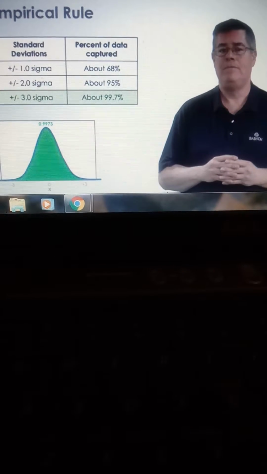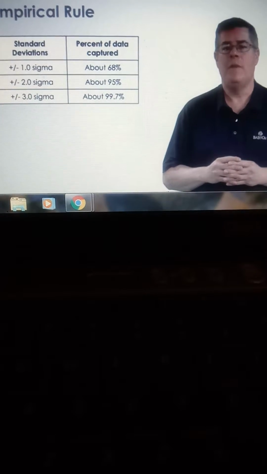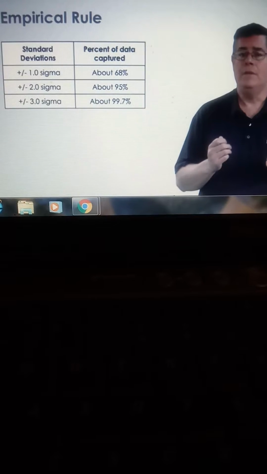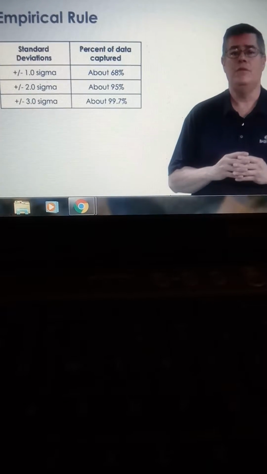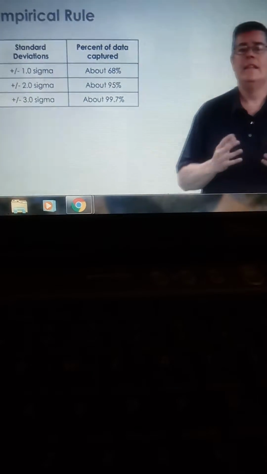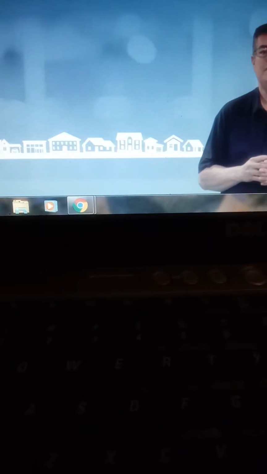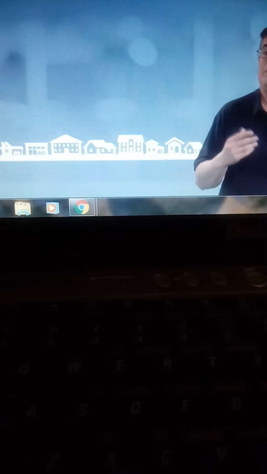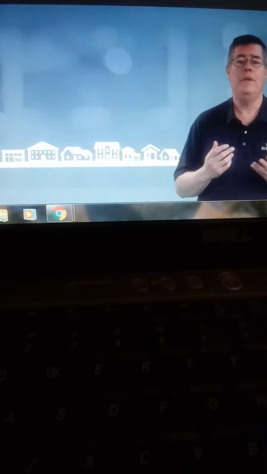distributed data set. Keeping these benchmarks in mind will be helpful as we explore how to use the normal distribution in a practical business setting. Let's say that I want to start a new business in my local town. It would be very helpful to know if the people in the town could afford to purchase my products or buy my services. I was able to get some data from the local Chamber of Commerce about household incomes in